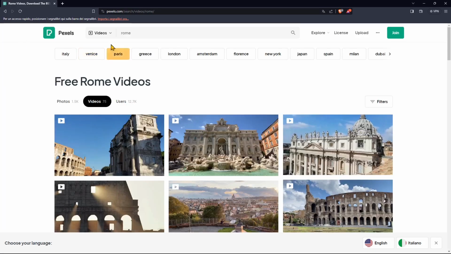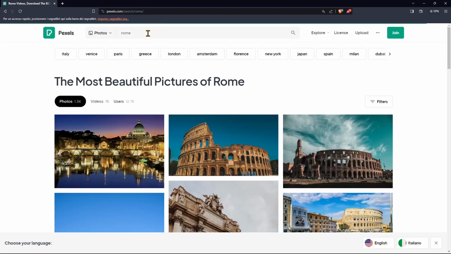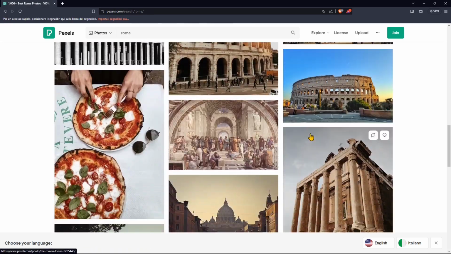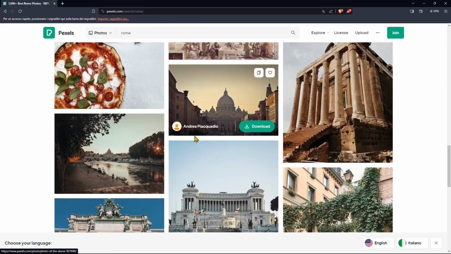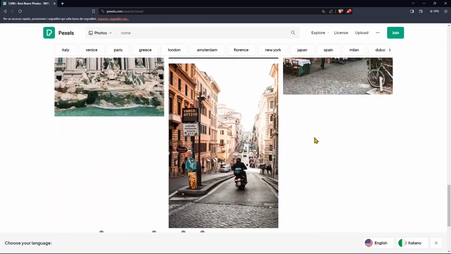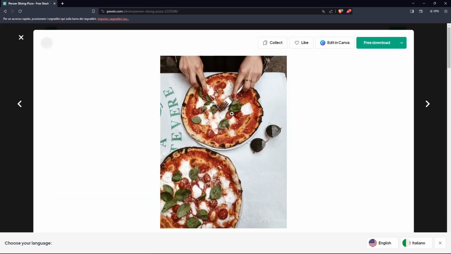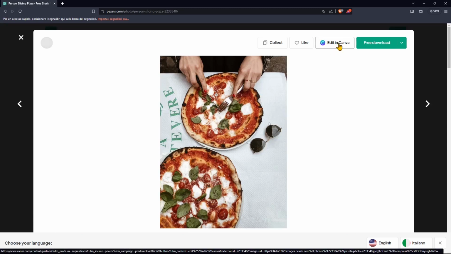So let me just go back. Let me go to the photos. And let's do another search. There you go. So I can scroll down. I can see all the pictures here, like eating pasta and, you know, characteristics. So if I want to see here a little bit, pizza, and you see here I can edit this in